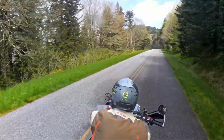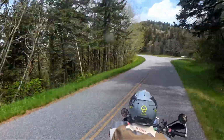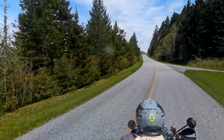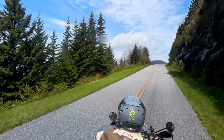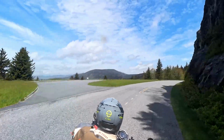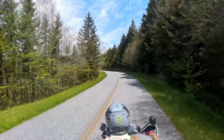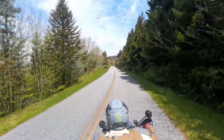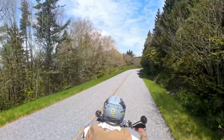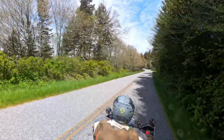Because really, when you live in the Appalachians, it all kind of looks the same. There are a few geographically unique areas. Craggy Gardens, Grandfather Mountain area is really pretty. There's a funny bridge that I can't think of the name of right now that is very popular. The viaduct, I think. Whatever it is, I can't remember what it's called. But it's very pretty, very dramatic to ride over. And then there's some places that have a lot of tunnels that are cool. But for the most part, it's this. And I could see this and also be on a very exciting road at the same time if I just